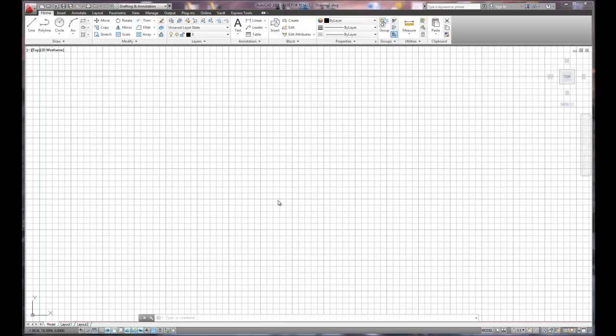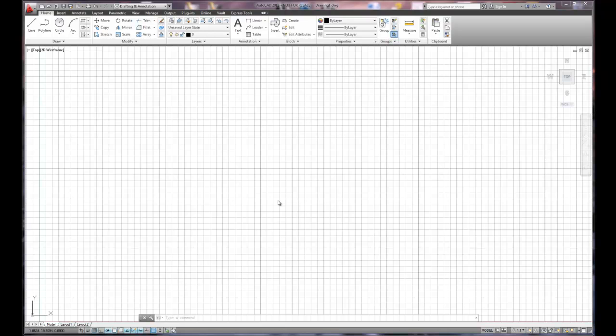Today we're going to focus on creating a basic architectural drawing. In this case, we're going to create a doghouse, and we're going to utilize several of the modification tools along with the basic drawing creation tools to create this doghouse. And it's going to be a little bit unique. We're going to be doing a floor plan of the doghouse, and then we'll also do a front elevation of